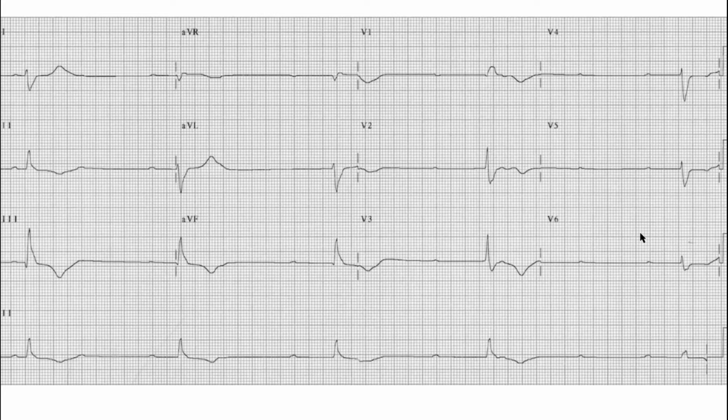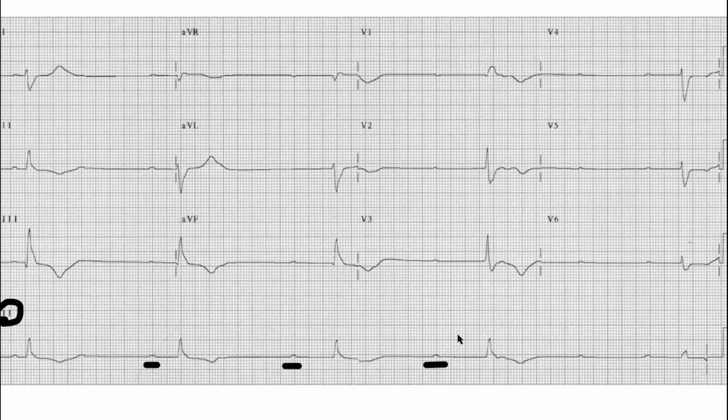As you know, the first thing which we look at on an ECG is rhythm. For rhythm, we will look at the rhythm strip, which is lead 2, a long lead at the bottom of the ECG. As you can see, there are prominent and upright P waves before QRS complexes. So the presence of upright and prominent P waves before QRS complexes means that the rhythm is originating from the SA node.